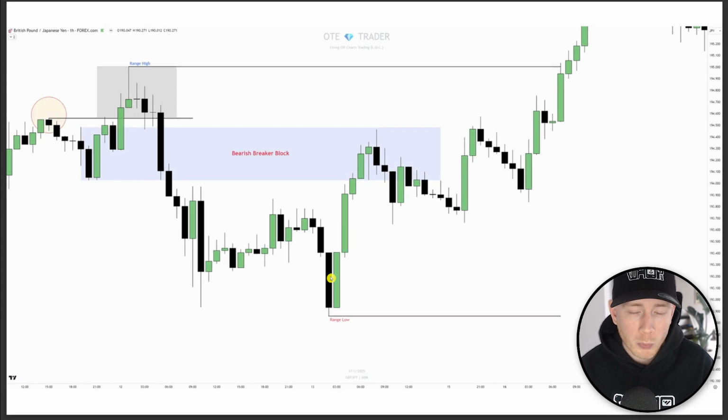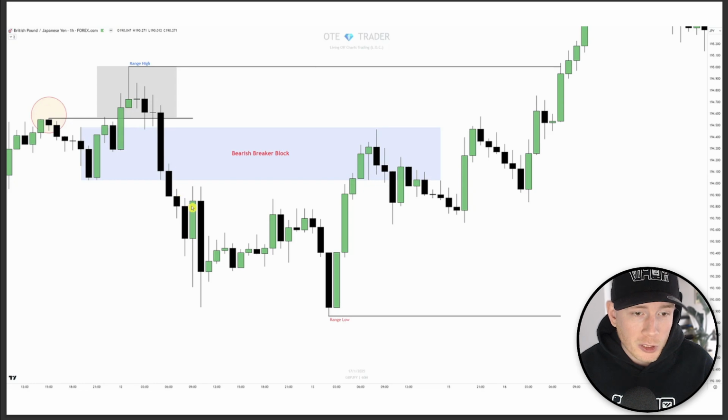Now, let's talk about breaker blocks. And I want you to really focus on this: a breaker block is not a breaker block if it does not take out liquidity. Same with an order block, it's not high probability if it doesn't take liquidity. And here you can see the last leg, high to low. If that block gets broken and traded below, the bodies need to close below. This is considered a bearish breaker because it took liquidity above it, that last leg down where it's connected to,